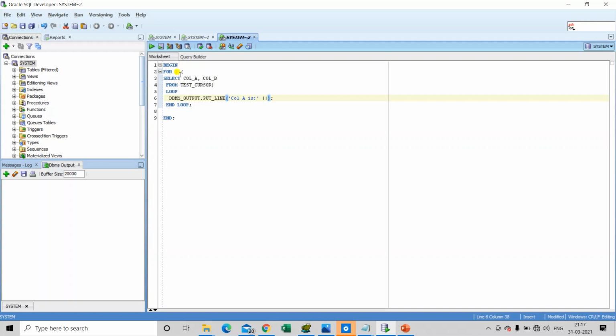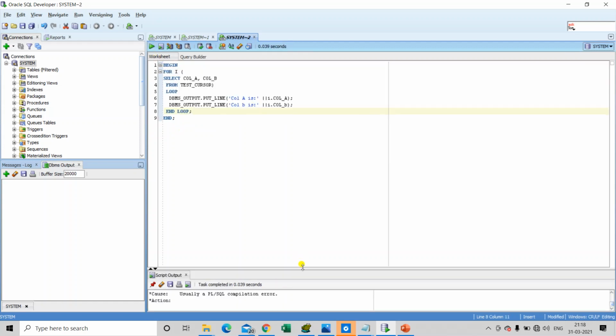To access the records returned by the underlying SQL query in the for loop, we use the command I dot column name. That is, the variable that we have used to hold the record, this I, and then the column name. So it will be like this, I dot column A, and to access column B it will be just like I dot column B. So this is the complete syntax for using cursor for loops inside the anonymous block.